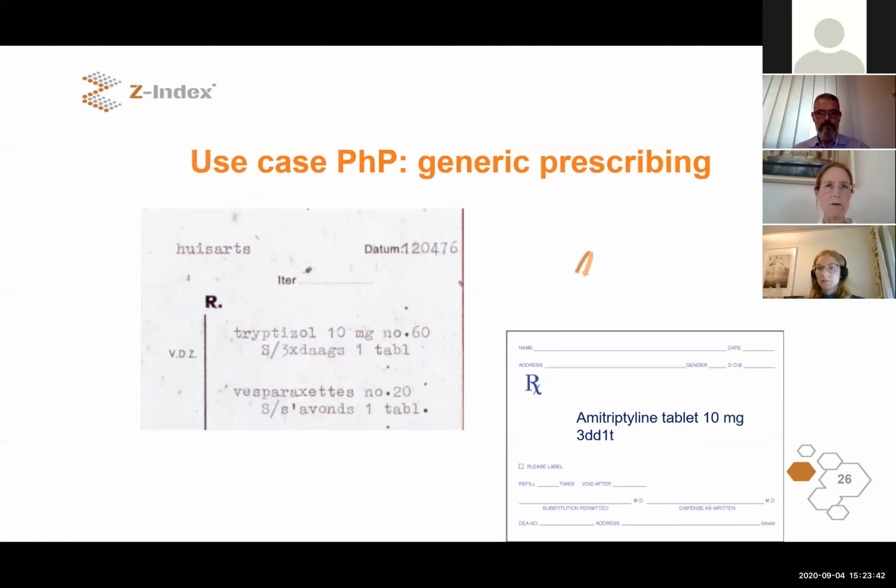So not only the medicinal product, but also, for example, the pharmaceutical product, so that you don't have to prescribe Tryptizol, but you can prescribe amitriptyline tablet 10 milligram, and the pharmacist can choose which medicinal product he will dispense. Another use case on the next slide